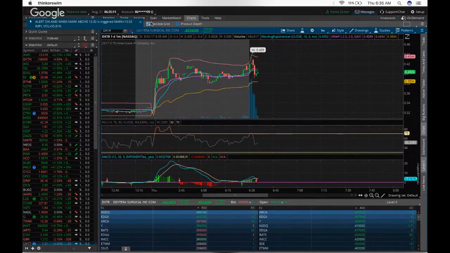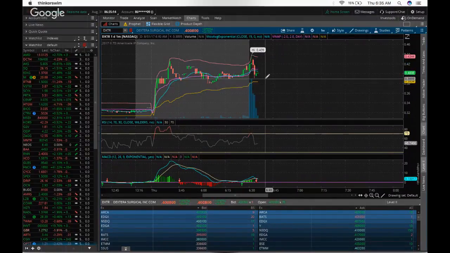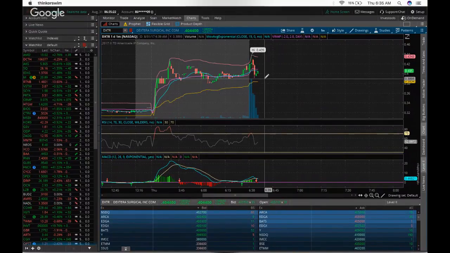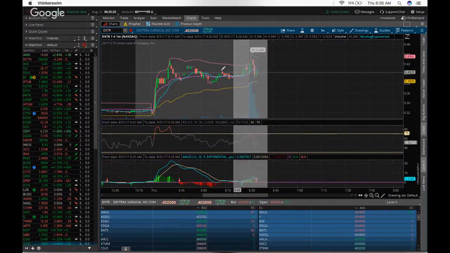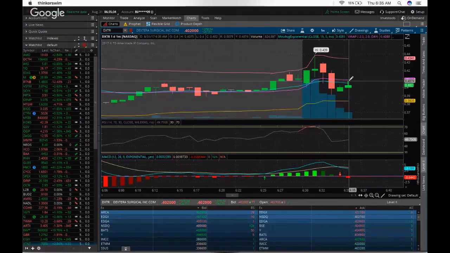There it goes. Alrighty, let's go ahead and see what we can do. So it looks like it's trending back up. Let's see if it actually crosses above the purple VWAP, as that's going to be the new resistance. If not, then